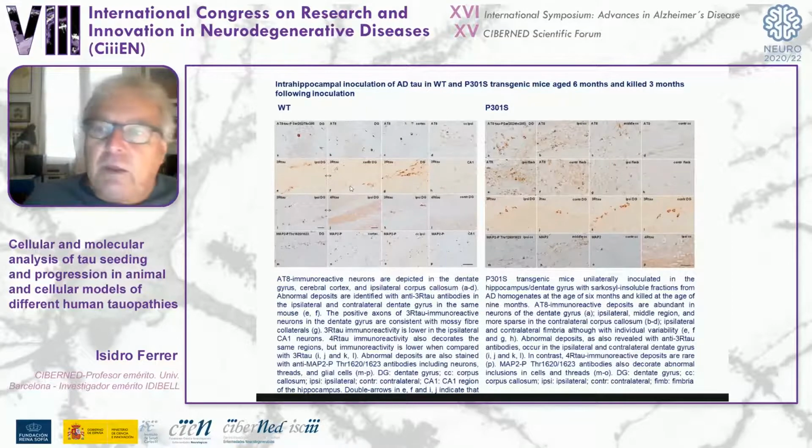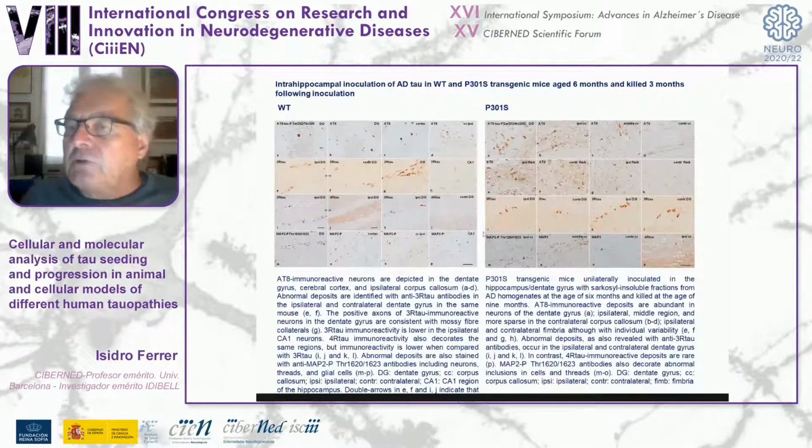That means that tau is transported through the commissural pathway, the dendritic commissural pathway, which is only present in rodents and not in humans. So this is a good, beautiful example of transport through the axons. So this is the other model, the P310S, and here is almost the same, but with much more abundant amount